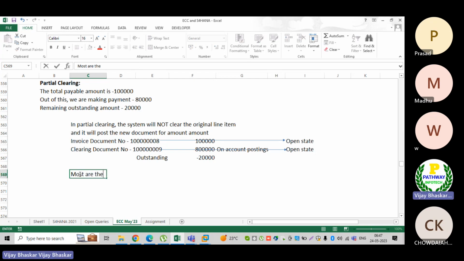The recommended option would be the residual item, the residual clearing process.